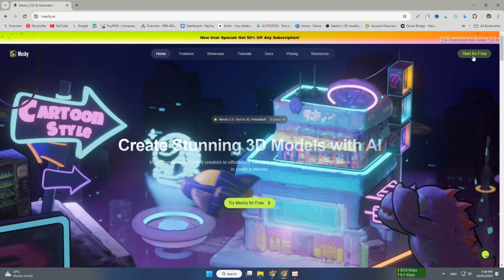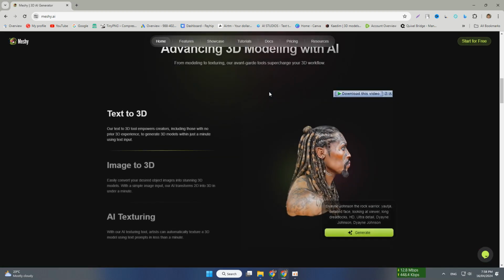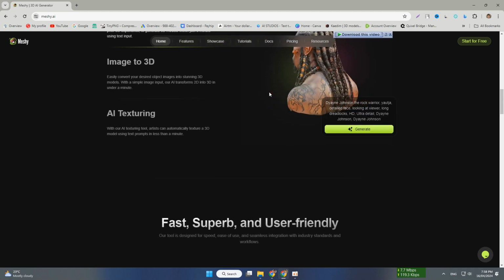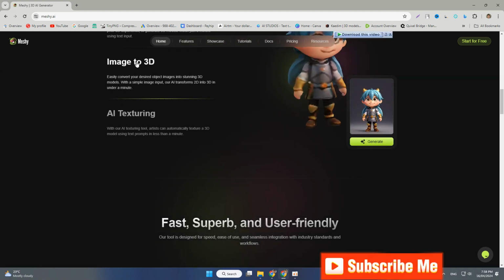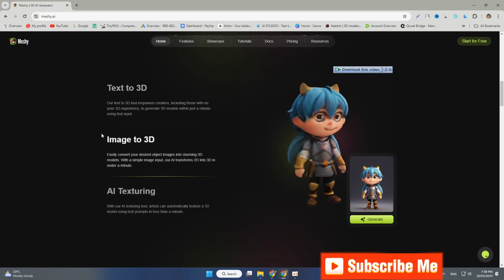You can see search and start for free. I already have an account, so I am going to make it 3D. You can see this is text to 3D, image to 3D, and AI texturing. These three features are